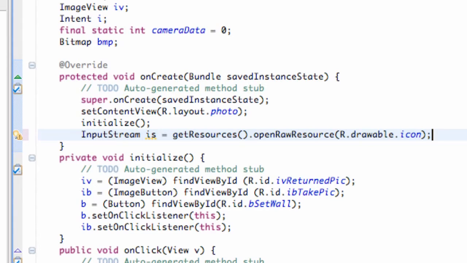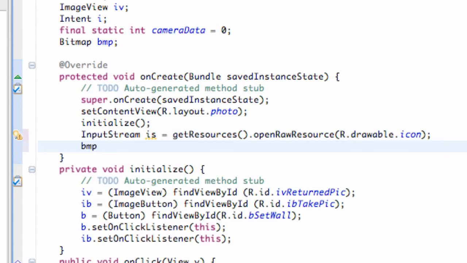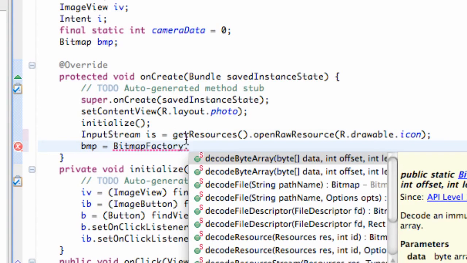So basically we set up an input stream, and now we need to decode this input stream as we set up our bitmap. So we're going to say bitmap, basically our bitmap variable, and we're going to set it equal to this input stream. But we have to decode an input stream for the most part. I know this is kind of confusing as well, but just to get our application working, and we'll get into more detail as we go through the series. Promise you guys. And we're going to refer to the class BitmapFactory. We need to import this class. It's not allowing us to do so yet. So we just hit BitmapFactory, decode stream,